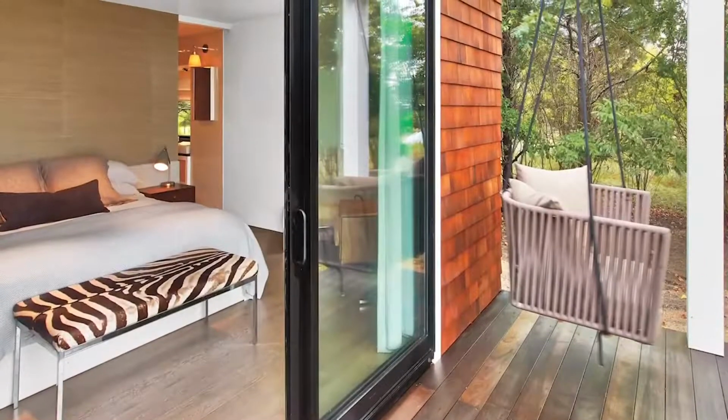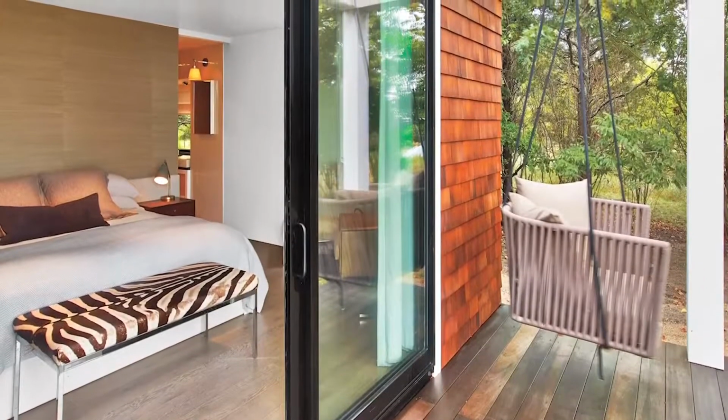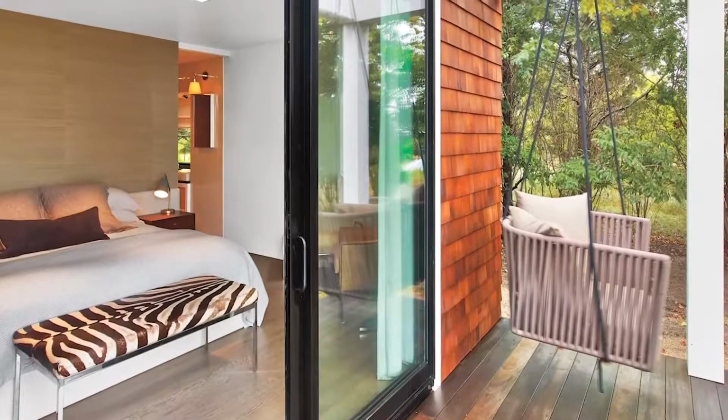I didn't realize that it had been built for an artist's family, or a small artist's house, right? That there was a studio that you were able to then convert into the master. So tell me about that. Yeah, so when